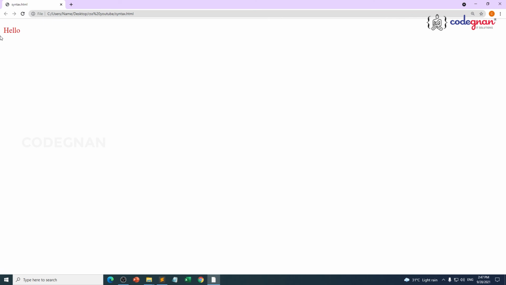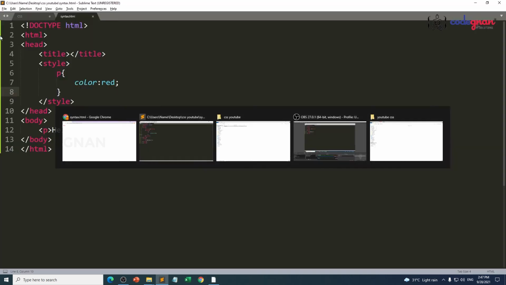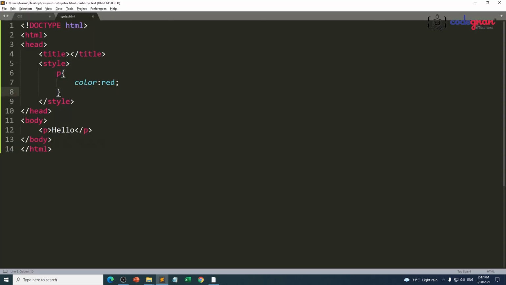The default value is what a paragraph is carrying. That value is overridden and I am going to apply a new value to it. That is what happened here. Previously I had black color, but now I am applying the color red. We are going to discuss this color property a little more clearly also. But for now, just focus on what this paragraph is and how we are changing the particular style the paragraph initially has. That's it. This is the syntax and this is the first example of CSS.